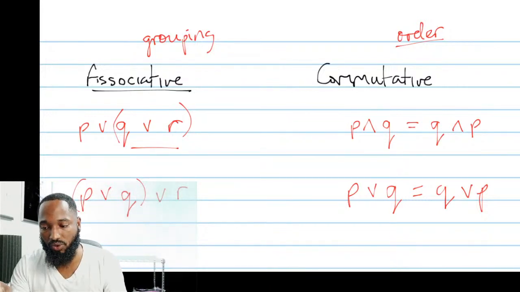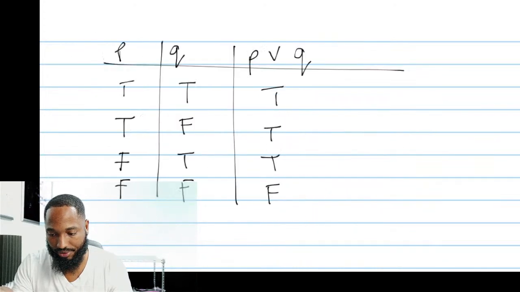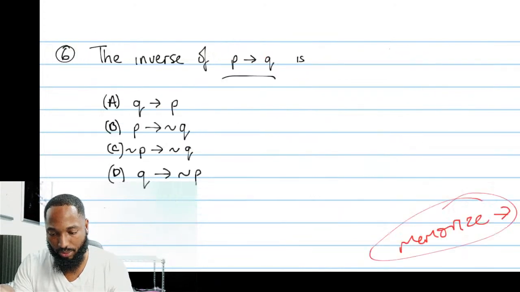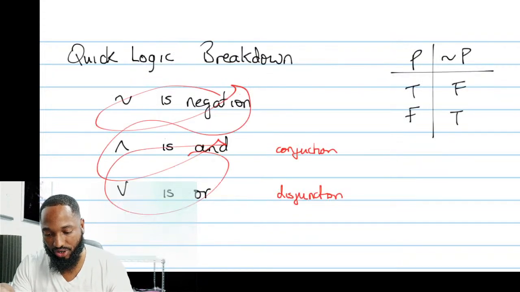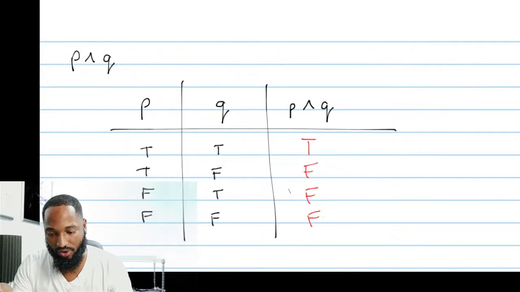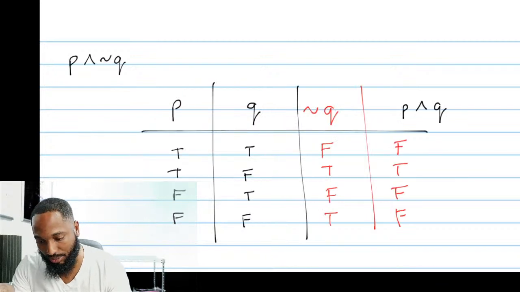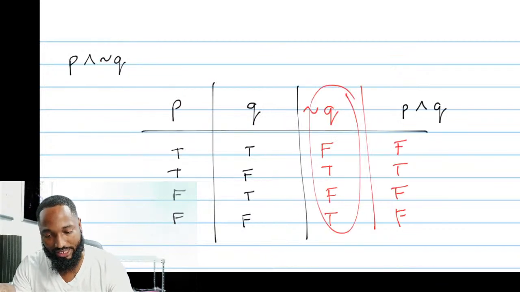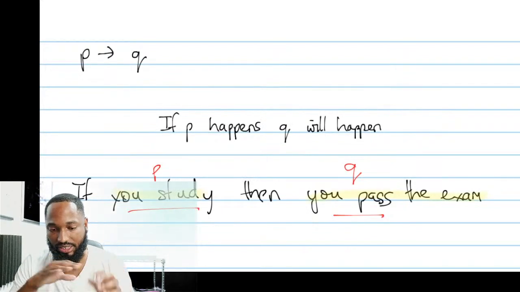Nice. So just a quick recap so far, logic breakdown. You know your negation, you know your and, you know your or. You know your truth tables for your or, your truth table for your and. How to create other truth tables, like you have a next thing to train before you come up with the final answer. You know your conditional statements.